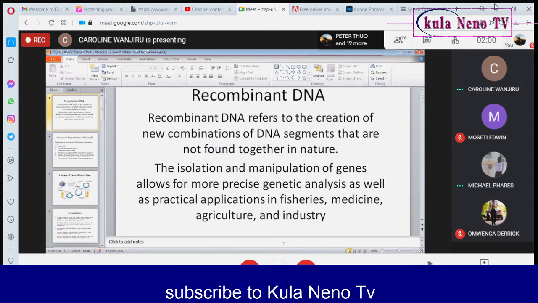So let's look at this. This is a human cell. So what you're doing, you are looking for the gene for the human growth hormone. And this is the gene. From this cell,